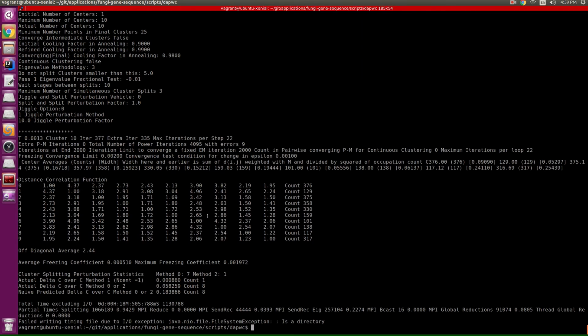As you can see, now the DAPWC run has ended. So you can see here the time it took. So in my machine it took around 18 minutes to complete. So this might vary depending on your machine and your CPU speed. So it will take around 10 minutes, I guess. So next step is